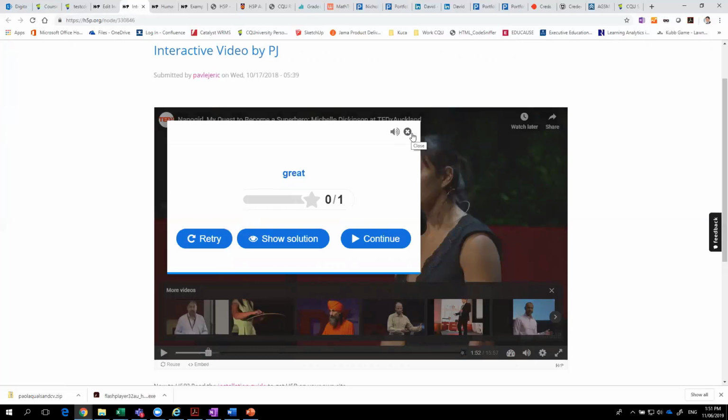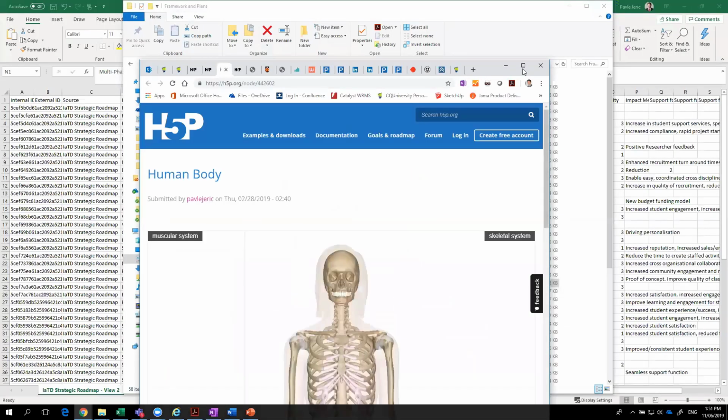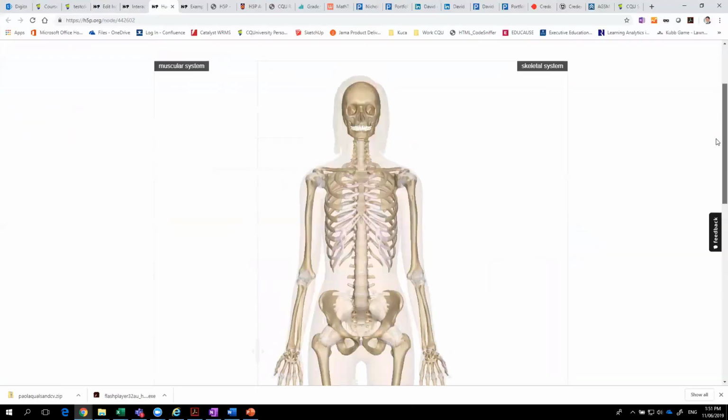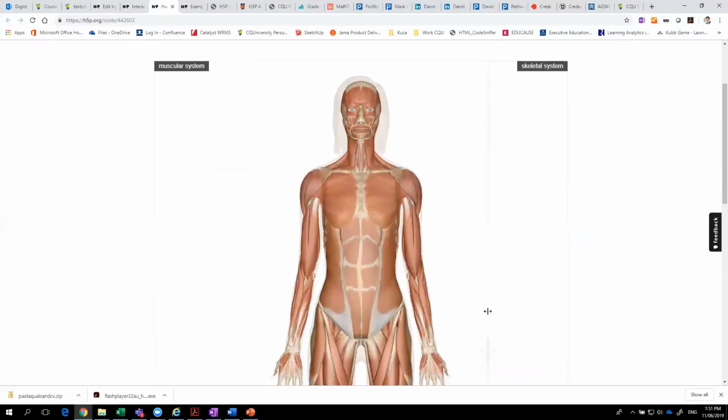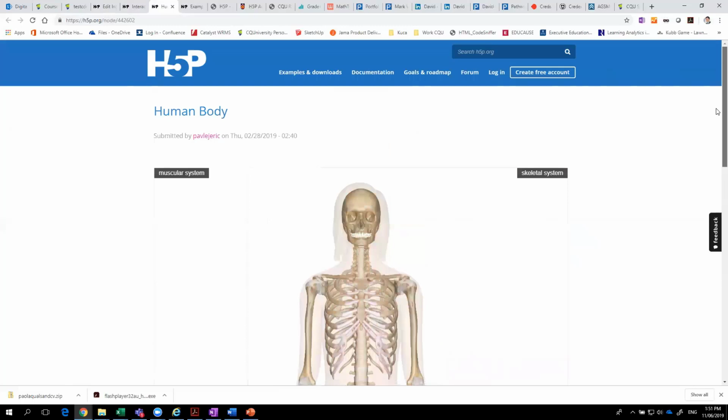There is quite a lot of functionality that you can explore there as well. Another example that I demonstrated the other day with the School of Nursing is this human body one. It's an image of a skeletal system that you see here, and then there's a slider that shows a muscular system. Again, this was built in 2 or 3 minutes. I went to Google, found 2 images, one of a skeleton, one of a muscle, uploaded them, gave them a name, and told it where I want the slider. That gets uploaded to Moodle, and you can just use it. Literally 5 to 6 minutes of work, assuming you can find the images quickly enough.